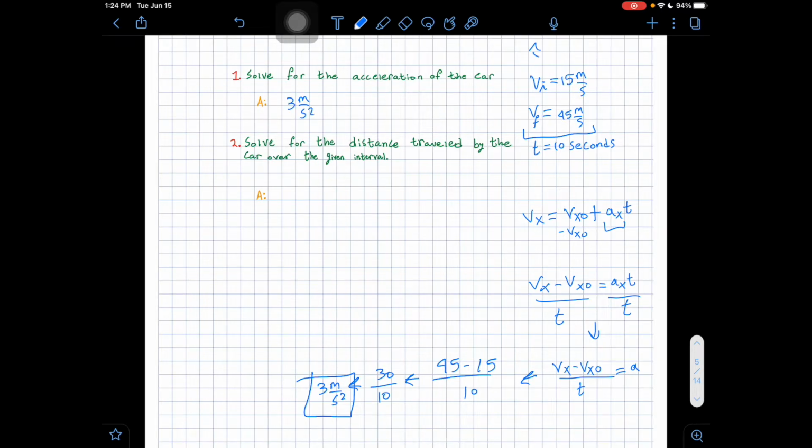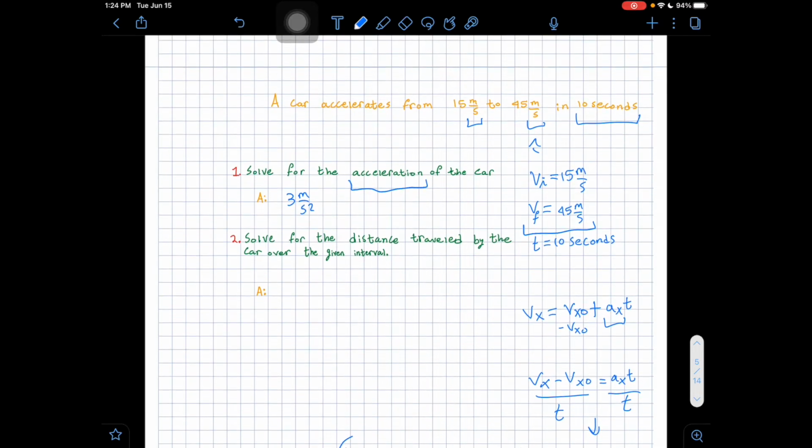Just to recap, we found the kinematics equation that we could rearrange in order to isolate the variable we want, which in this case was acceleration. We used the first equation on our kinematics sheet, which again will be in a different video, and we rearranged it to isolate a, substituted in our values, and got 3 meters per second squared as our answer. Now, number 2 is asking us to find the distance traveled by the car over the